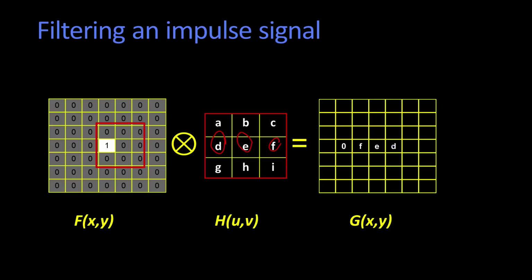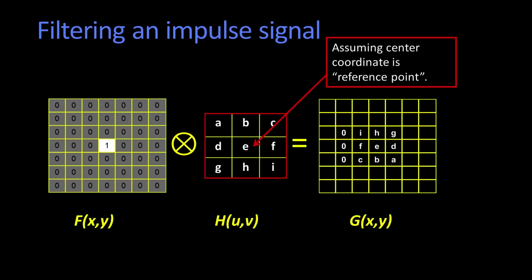the image what comes out is FED going the other way, and that's just because of how this correlation pulled it off. And it won't surprise you that not only does it flip it left and right, it also flips it up and down. And that's what happens when you do a correlational filter of an impulse. Just because of the way you slide it over, you'll end up flipping that entire response.